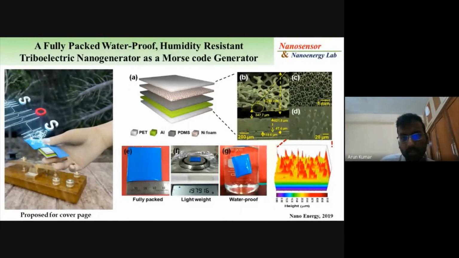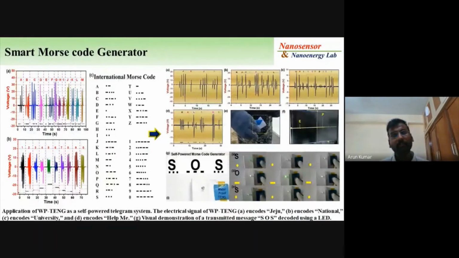And this is a Morse code generator. This is the device you can see here. You know what Morse code is; long back we used it for communication with this kind of device. But now we reduced it into a small pack like this, and we try to generate the codes A, B, C, D, the Morse code dots and dashes. Here the small voltage signal shows a dot, the bigger one shows a dash. So using that, we used an oscilloscope as well as an electrometer, and we tried to develop the pattern.